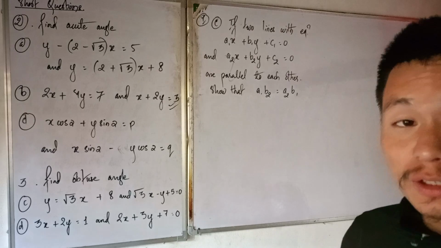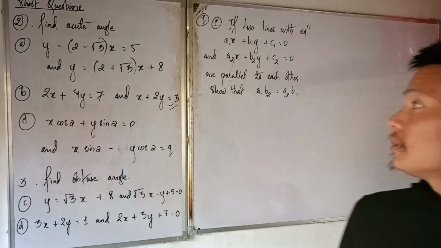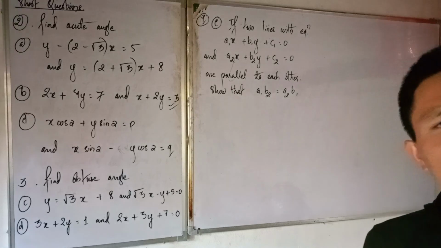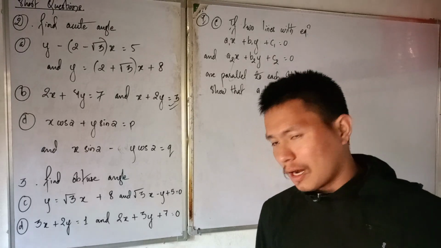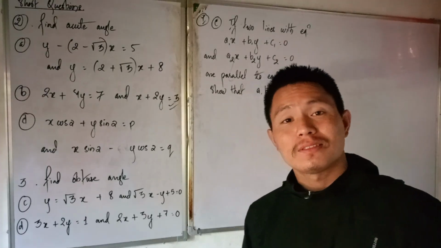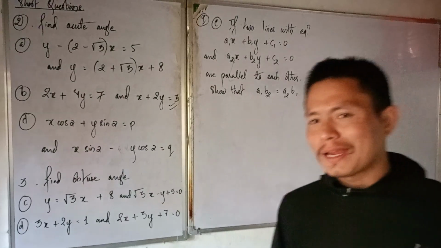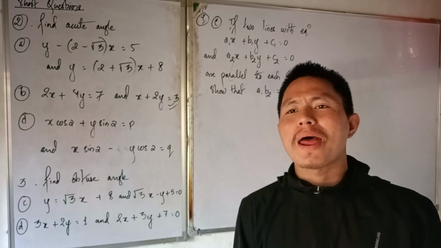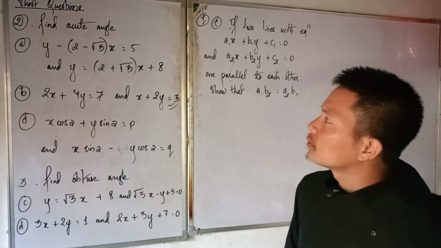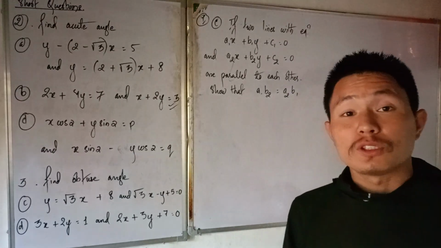So in today's video we are going to start exercise 8.1. In the previous video we discussed how to find the angles between any two lines. We also discussed the condition for perpendicularity of any two lines and parallelism of any two lines. So now today we are going to start exercise 8.1 of coordinate geometry,